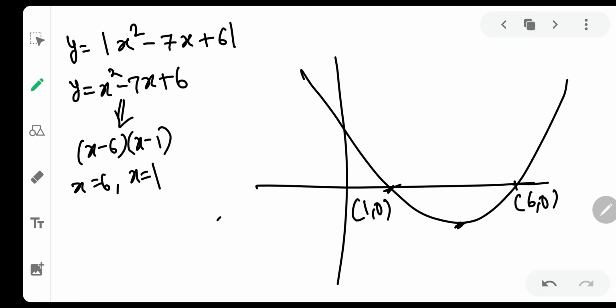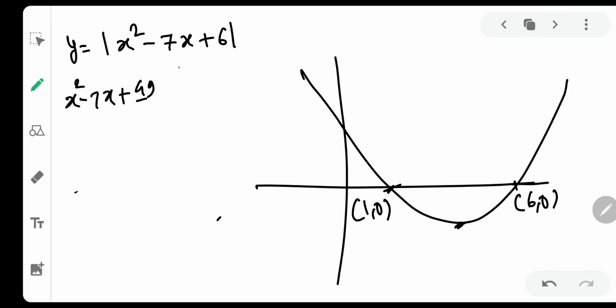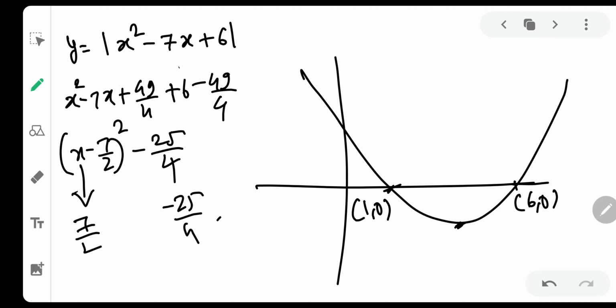This point we need to calculate. Okay, so the peak point needs to be calculated. So we will calculate that. It's very easy. How will we calculate that? x square minus 7x plus 7 by 2 squared, which is 49 by 4, plus 6 minus 49 by 4. So this particular thing will be x minus 7 by 2 the whole square, plus 24 minus 49 will be minus 25 by 4. So simply the value of x here will be 7 by 2 and y will be minus 25 by 4. So this will be 7 by 2 comma minus 25 by 4,